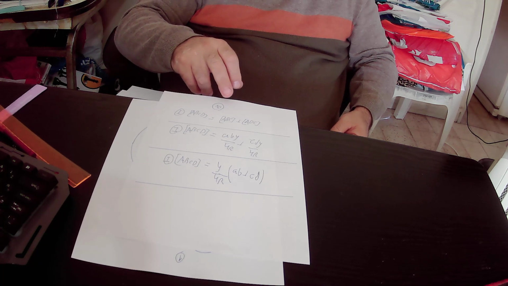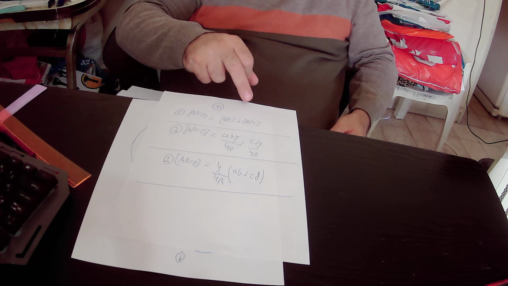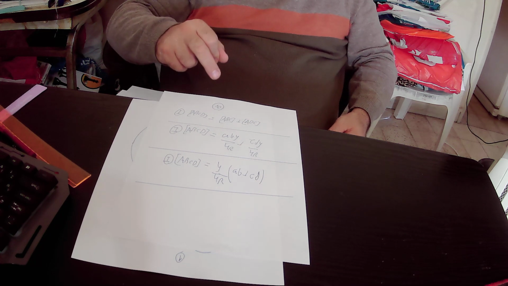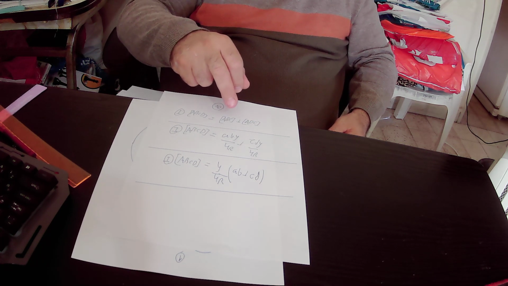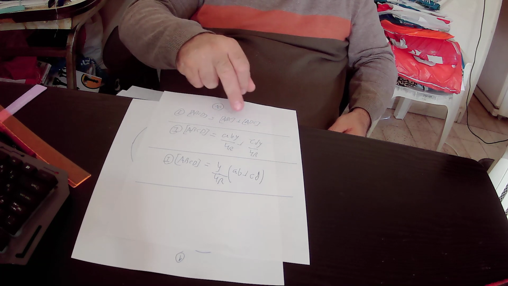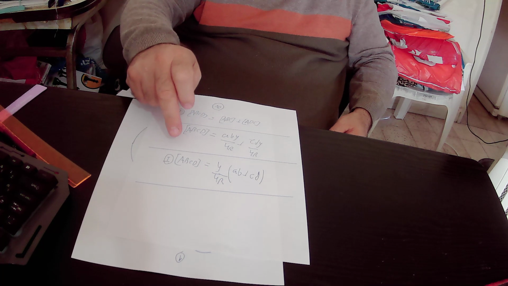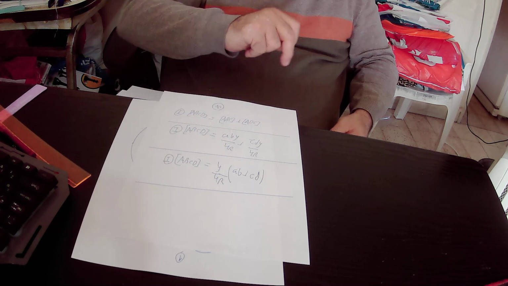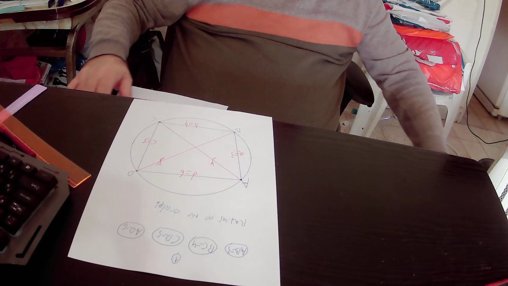But we have already found out that the area of triangle ABC equals ABY over 4R, and the area of triangle ADC equals CDY over 4R. Here we took out the common factor of Y over 4R of these expressions, and we got that the area of quadrilateral ABCD, according to equation number 1, equals Y over 4R times AB plus CD. Then we focused on